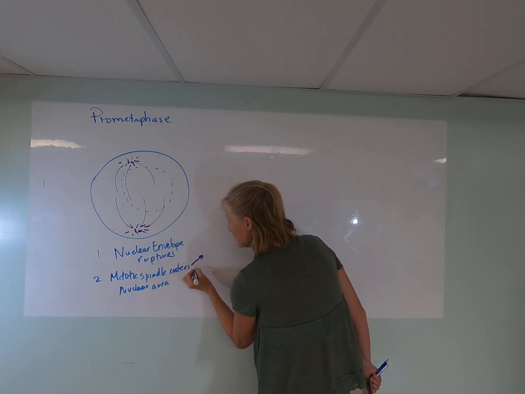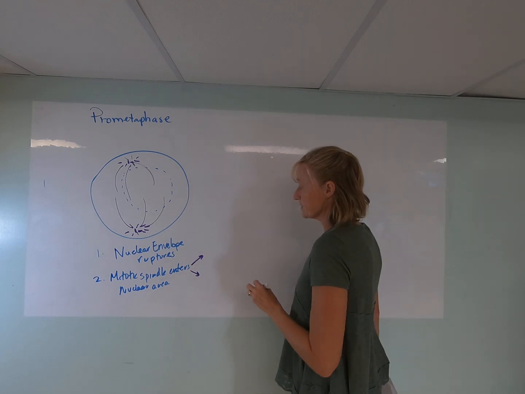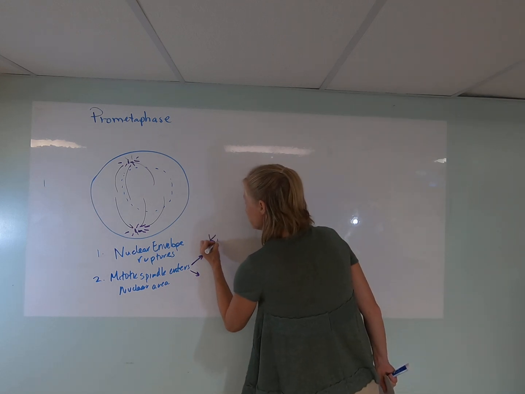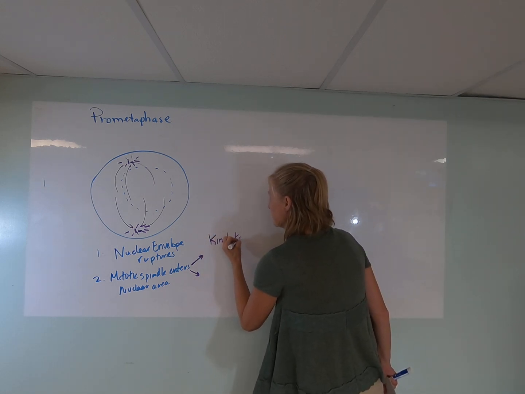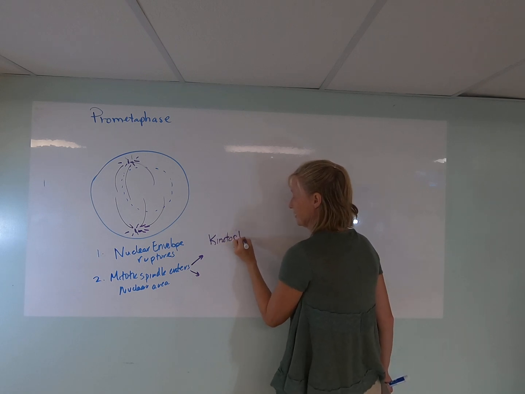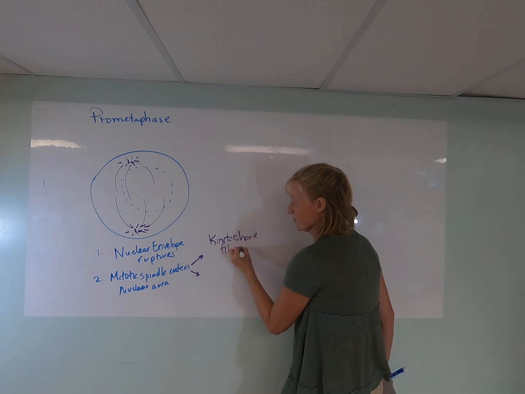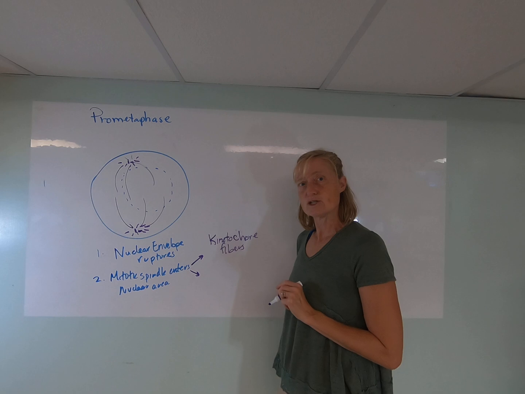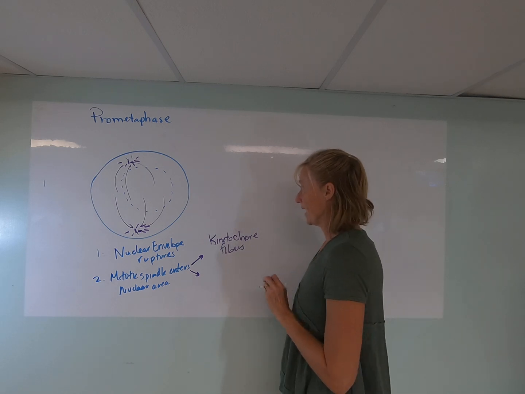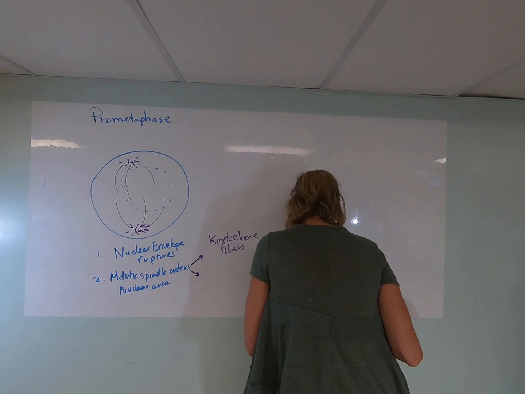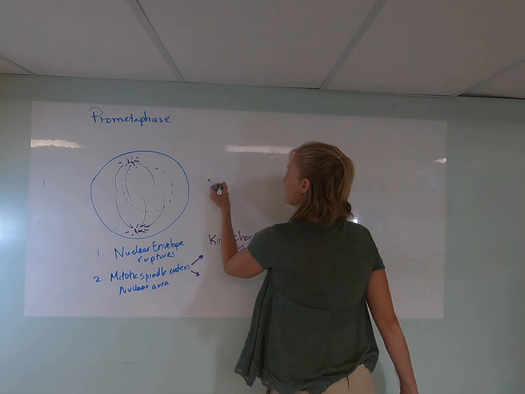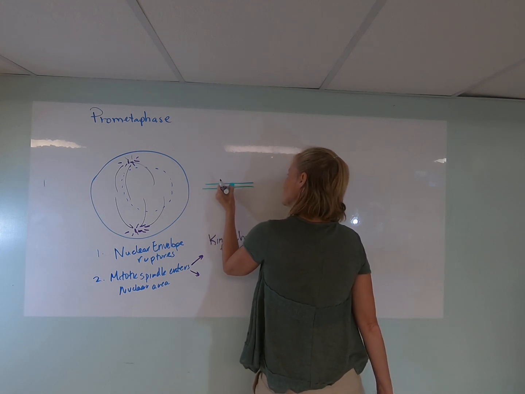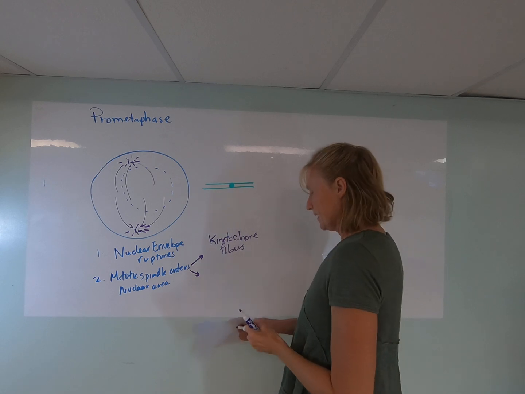Now, as they extend inward, there are different kinds of fibers, and we need to talk about those two types of fibers. There are kinetochore fibers. Kinetochore fibers do the job of connecting to the kinetochores of each chromosome, and they connect in a special way. So if I've got a chromosome, let's just take a green long chromosome here, with its centromere and its kinetochores, the kinetochore fiber